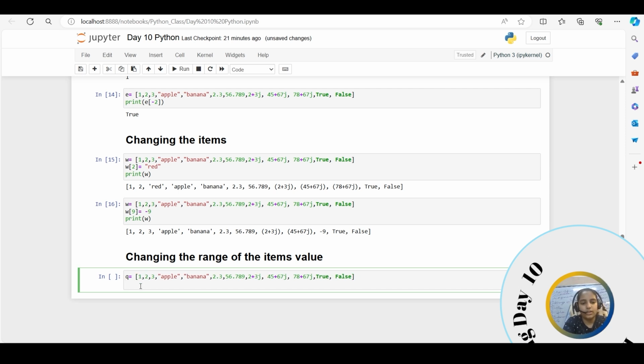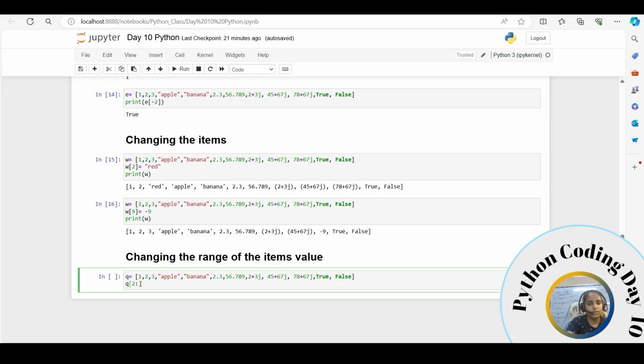Over here we will write Q and then, like we have done slicing before, we have to just start from the second place, means 3, and then till this is n plus 1. So if we want to change from 2 to 5, this is 3, 4 and then this is 5, so we have to write over here index position 6,